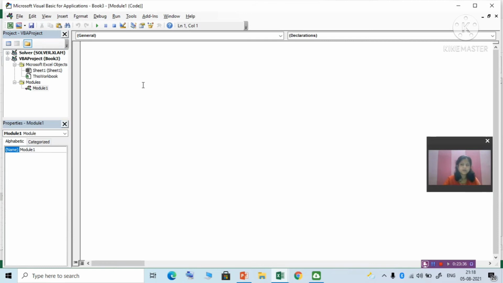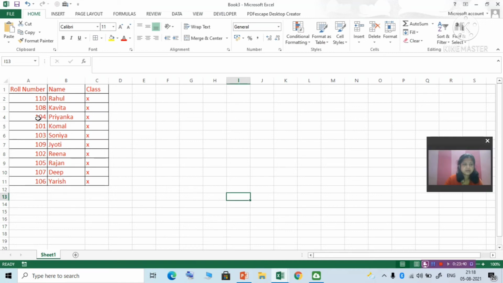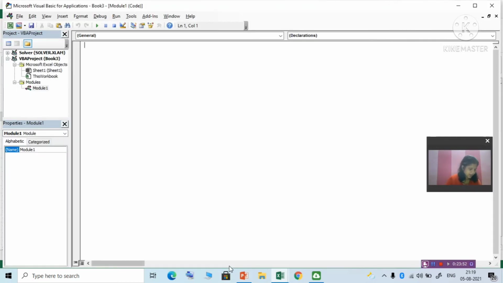Here how can we fetch the data? Okay, suppose we want to see this data. This means Priyanka, it will show you. So Priyanka is present in B4. Okay. So let us go to Alt plus F11. So write the function as sub, then write SB get cell data. This. Okay. Then write message box